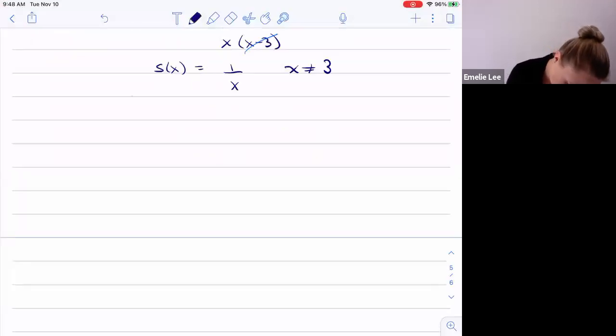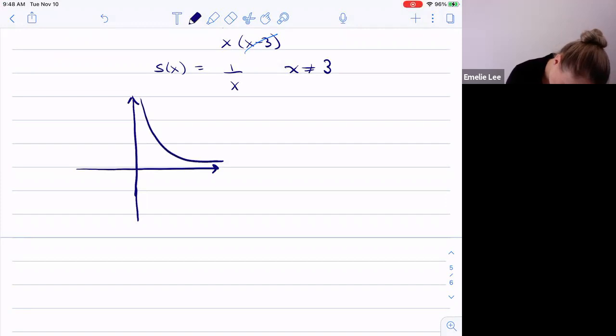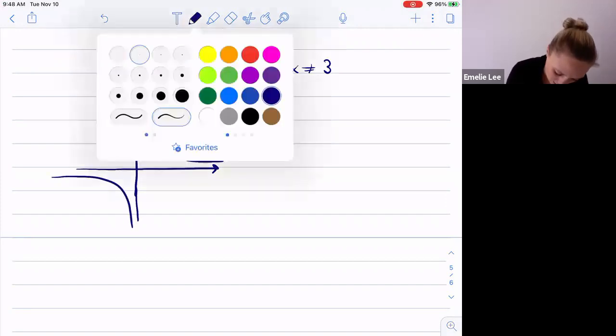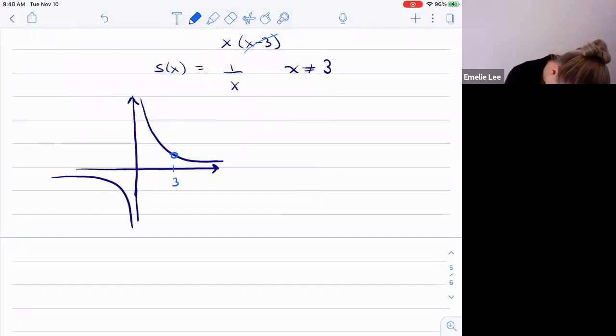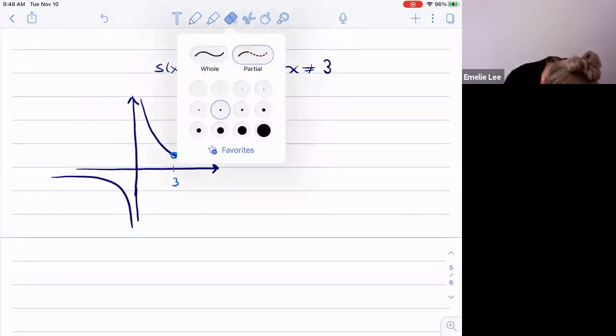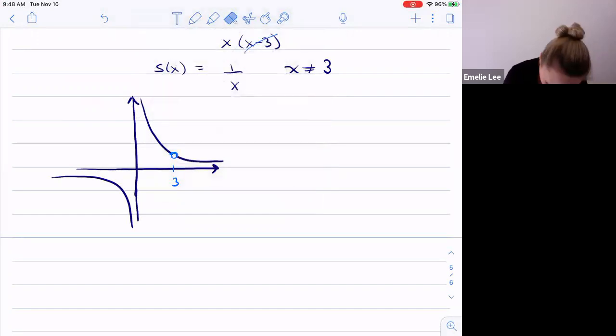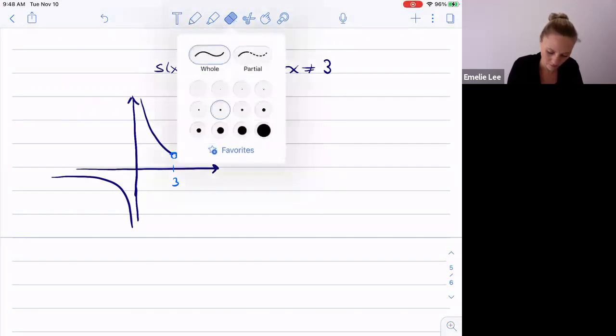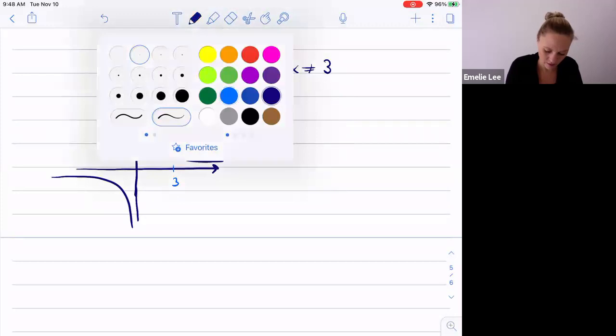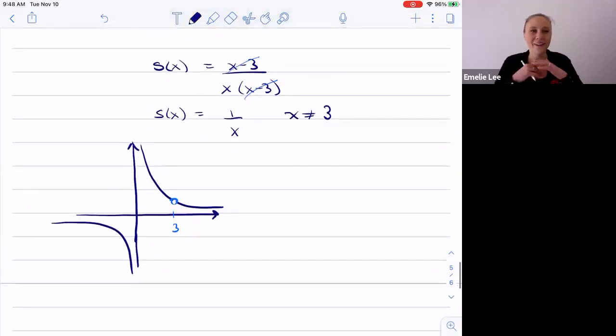So we have something that looks like this. This is 1 over x. And then at x equals 3, we have this hole. I'm going to do a partial eraser here, like that. Good. All right. So I'd say that's the end of chapter 3,